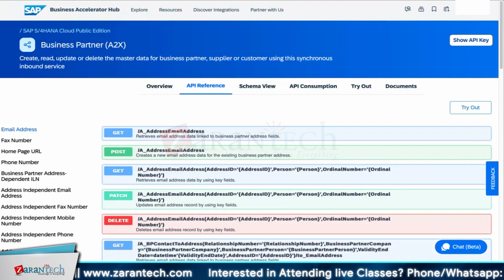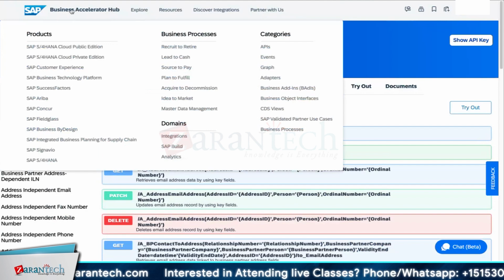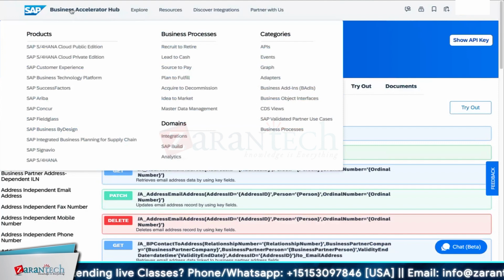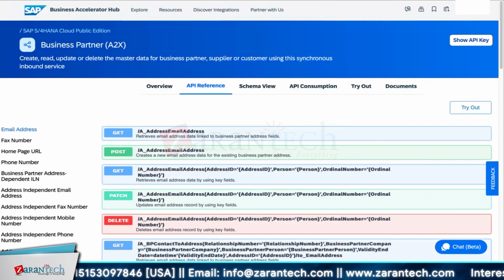Using this Business Accelerator Hub, you can explore all the APIs across the different extensions that you have for the particular side-by-side extension requirements. You need to produce API interfaces wherever you want them, for example SuccessFactors, Ariba, BTP. You need so many solutions, and all of that you can do from this single, central point of the system, the Business Accelerator Hub. Okay. And the next one,